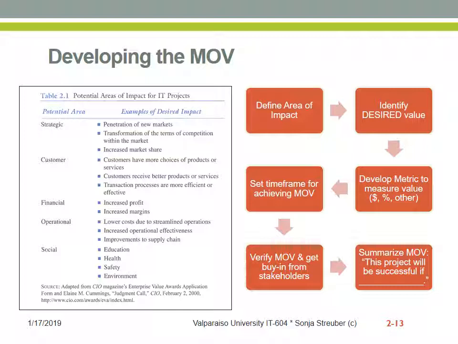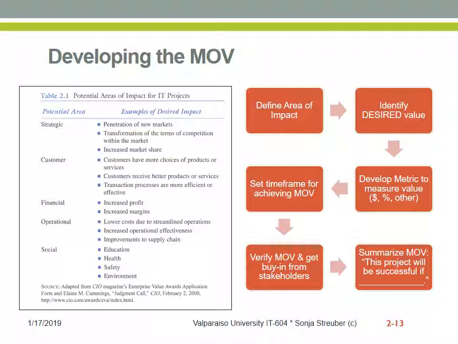How do we define that? Well, we have to develop a metric to measure this value, either in dollars or in percent or in various other ways. And then it is not enough to just set a target value for the goal of the project, but also there has to be a time frame for achieving this measurable operational value. So for example, within 6 months, within a year, within 2 years, we want to see 20% increase in the